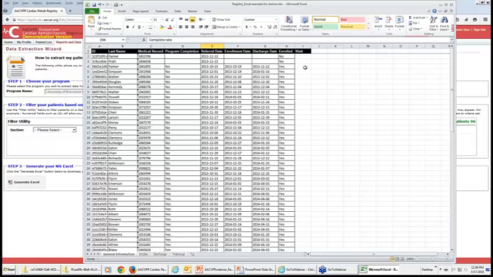Now, how about things like wait times or program durations. Well, let's look at wait times. Wait time is just simply the difference between the enrollment date and the referral date. So we'll go F4 minus E4, 4 days. And if we scroll down, we can put our cursor on this little black box in the lower right-hand corner. That just expands that function to all the cells beneath that you drag to.